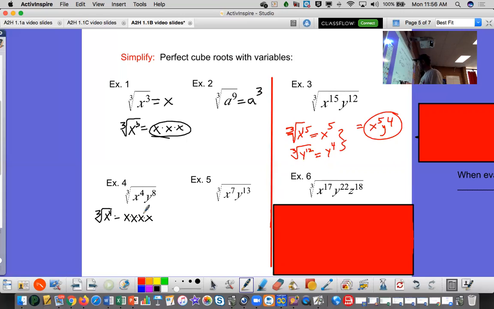And that means I can circle my triples. That means I'd have a single x on the outside and one x on the inside. For y to the 8th,